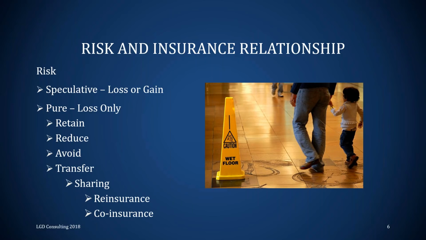Now, once we determine there is a risk, there are different methods of managing the risk. There are 5 methods, but 4 are the main ones you need to understand. The first one, methods of risk management, would be retaining the risk. Retention of risk is don't buy insurance. A loss occurs, you just pay for everything out of pocket. You may see it as retention of risk, retain, or you might see self-insure.